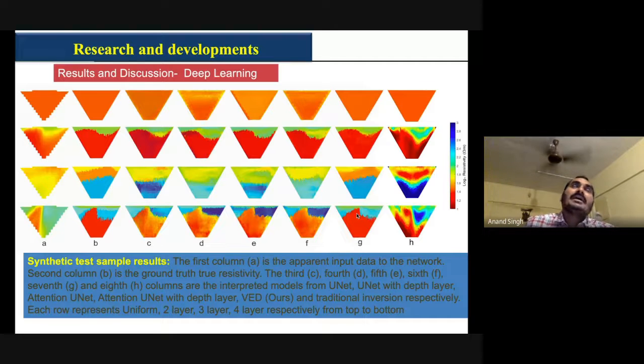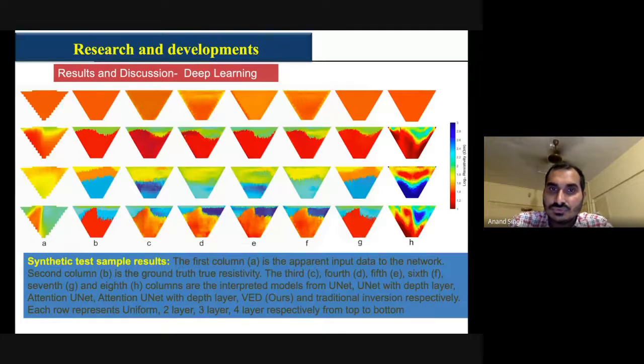But here, one thing I would like to draw all of your attention to is that deep learning is very much dependent on the training data which you are going to provide to the network. So the network should be trained very effectively. We are training our network in a very effective way. That is why we are getting our results very close to this one. But if you do not train your network properly, you might suffer from that.